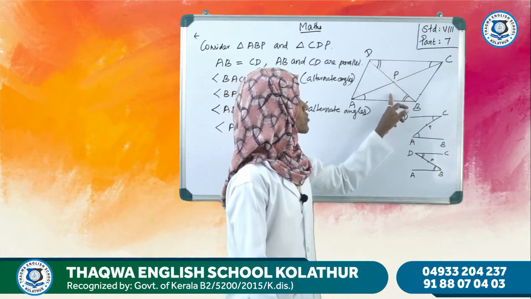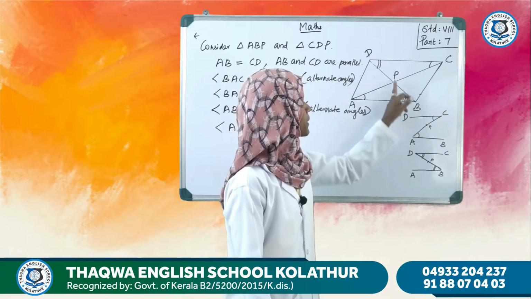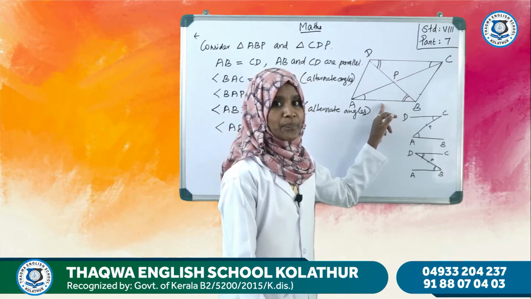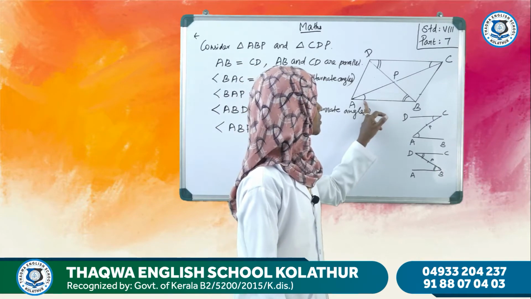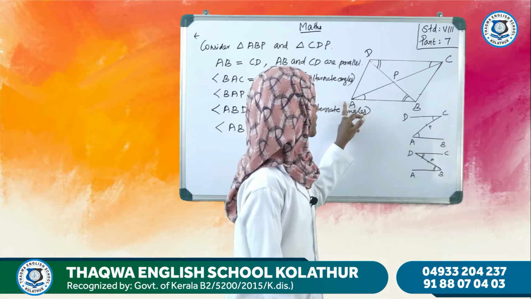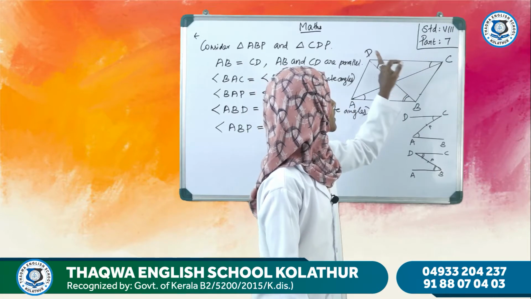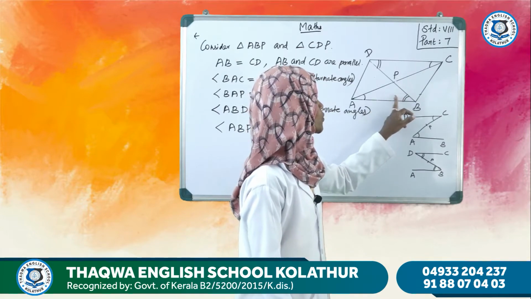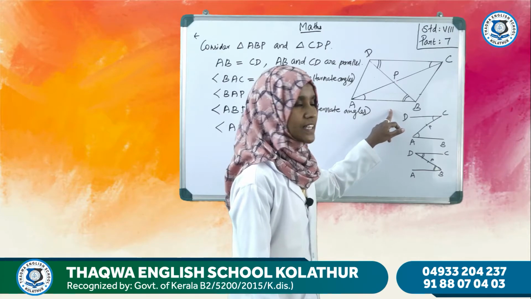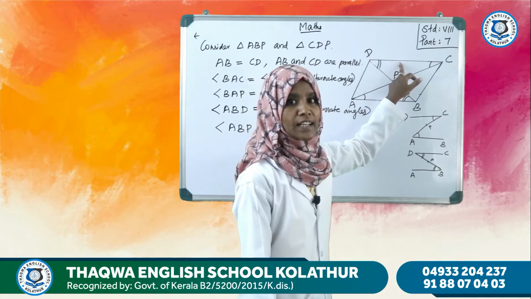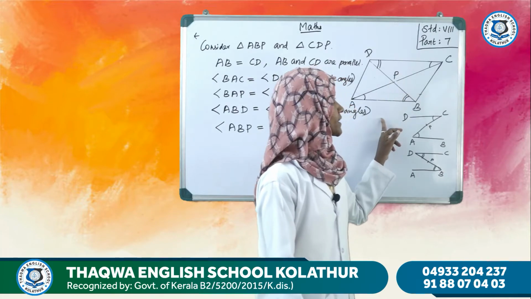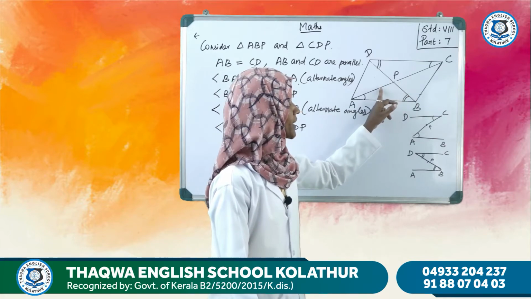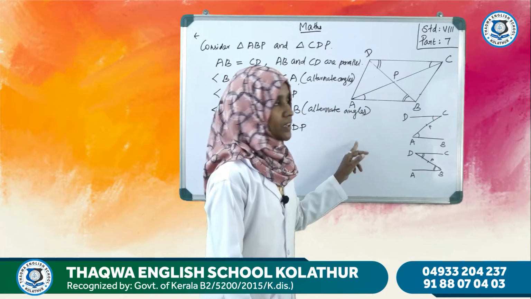Now all of you listen to these two triangles, triangle ABP and triangle CDP. Yes, what do we get now? The one side and two angles of triangle ABP and triangle CDP are equal. The one side and two angles at the ends of the side of both the triangles are equal. So we can say that the other two sides opposite to the equal angles and the third angle are also equal.